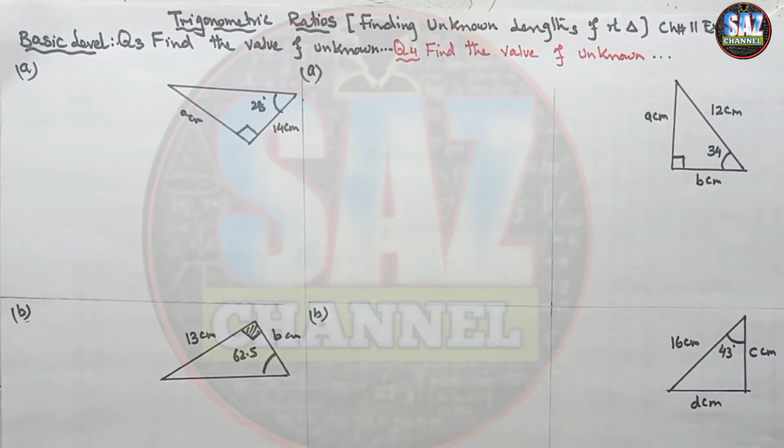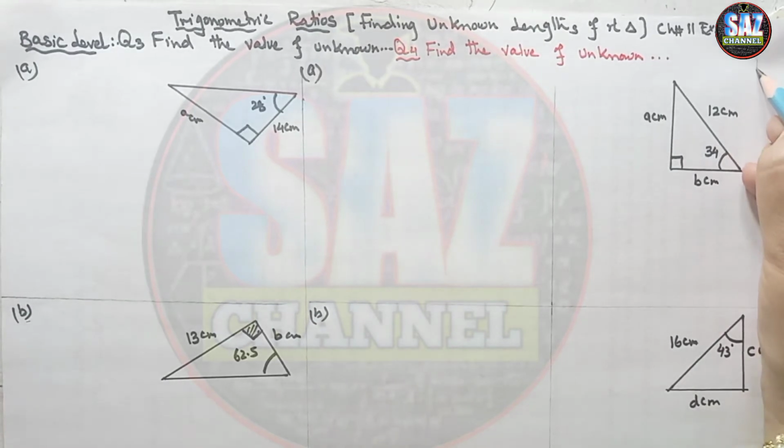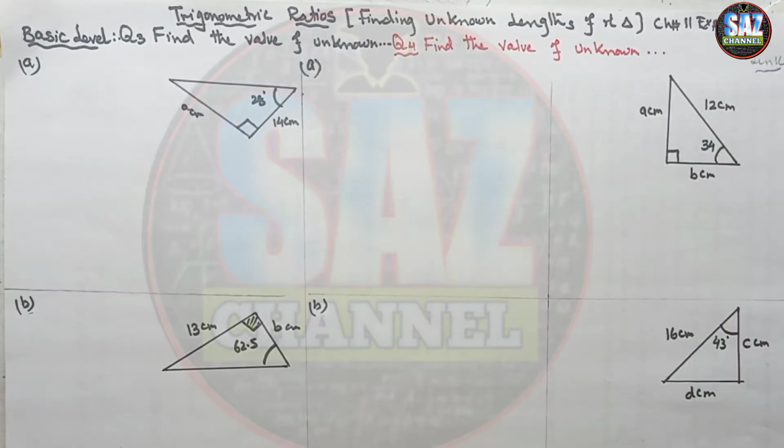If you are not clear about what the basic trigonometric ratios are, that is sine, cos, and tan, how to apply them, what the reference angle is, and how to identify the hypotenuse, you have to watch the previous lesson, for which I'll give the link in the description box. Because lessons of mathematics require continuous practice and integration of the previous lesson with the new lesson.